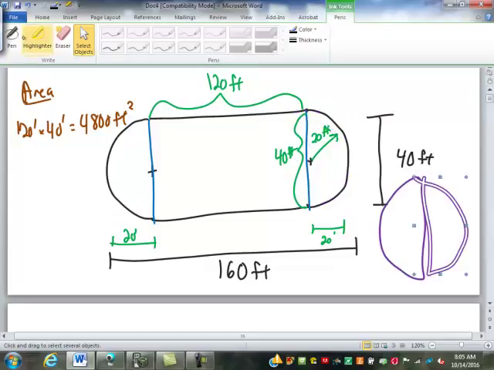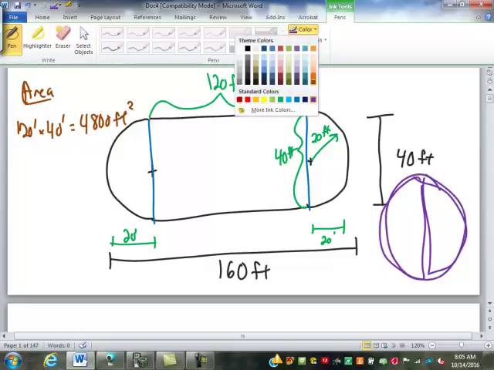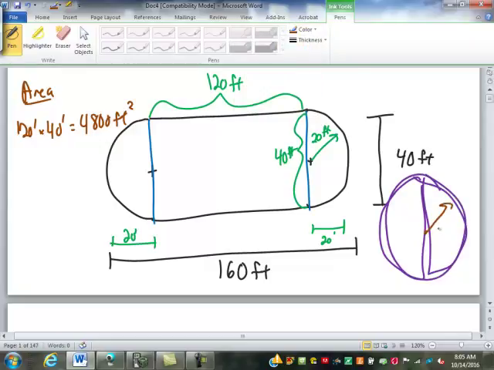And I now have a full circle with a diameter of 40 and a radius of 20 feet. So that area is pi times 20 squared. Do I have to divide it by 2? No, because I put them together to make a full circle. So rather than finding 2 half circles, I can just find 1 full circle. So it comes up to 1,256 square feet. So that is 6,056 square feet is the area